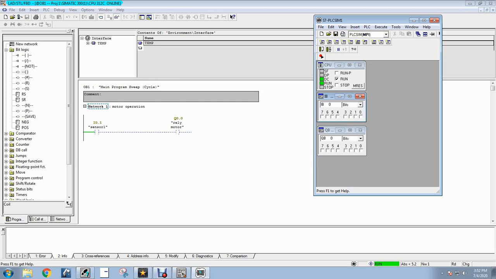When you give input to the 0.1, you get the output at Q 0.0, which triggers the relay of motor and motor starts. When you untick the input address 0.1, the output becomes 0 at Q 0.0. It triggers off the relay, then motor stops. In this way, you can simulate the PLC program by virtual simulator in Schematic Manager.